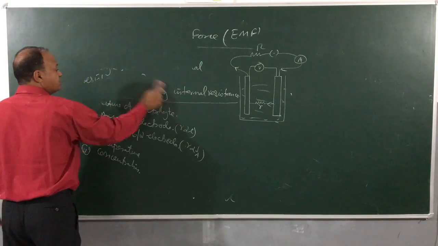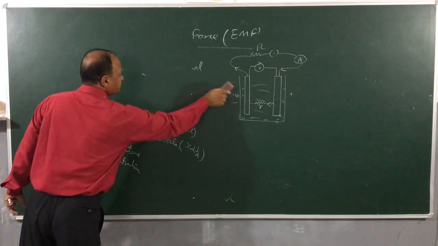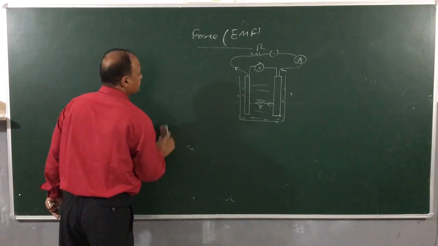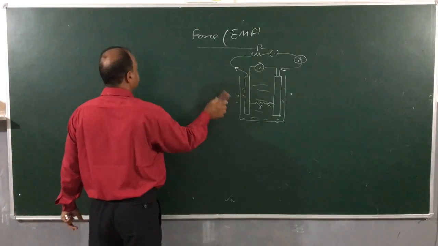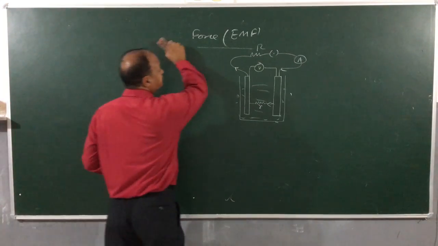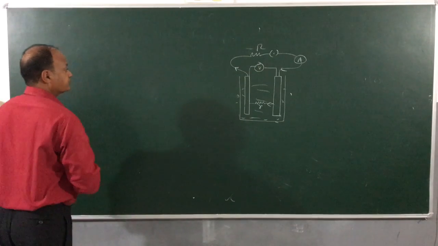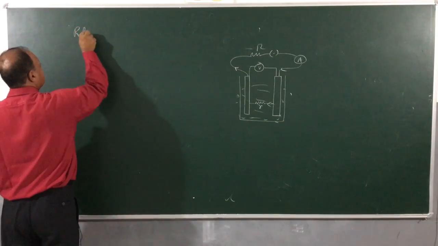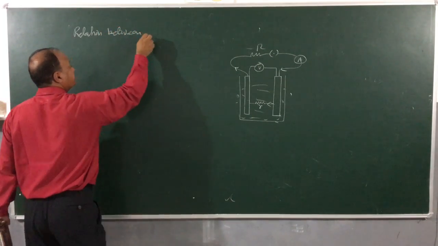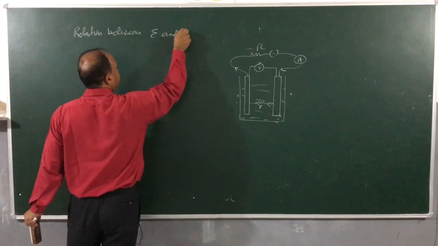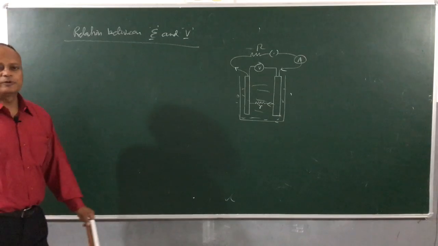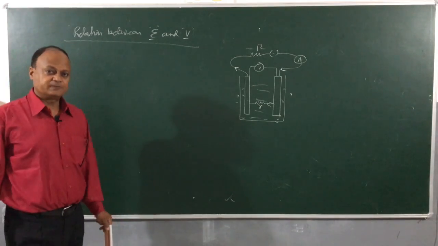Now, children, we will see the relation between EMF and terminal voltage. Relation between E and V. E is EMF and V is what? Terminal potential difference or terminal voltage. So,